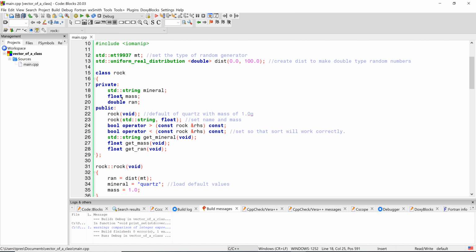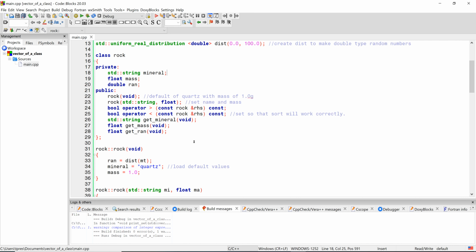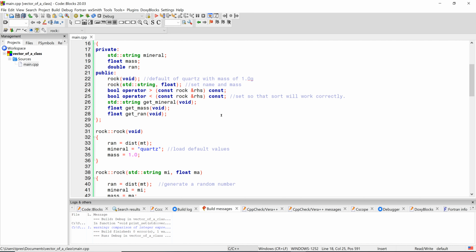And then we need to do one more thing that's not real obvious, which is why I wanted to do this example with you. We have to include a random number in each of the rocks that we create, and then we're going to use that to randomize it later. So that's what this is, this random number storage space. And then we have the usual default constructor and a parameterized constructor. You'll need to also overload the less than operator so that the sort routine will work correctly when we sort